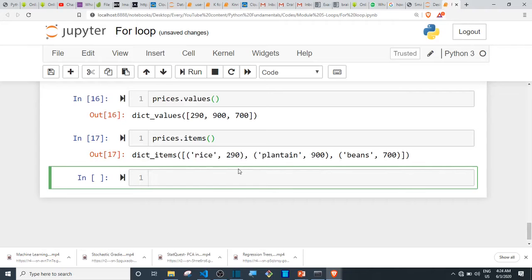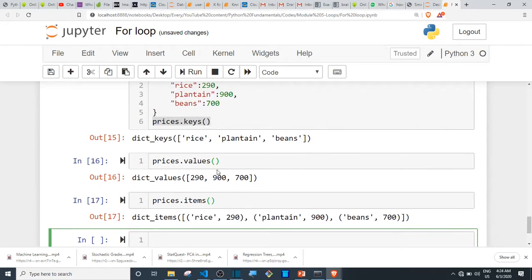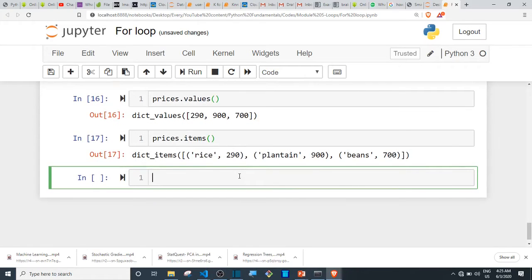So we are going to utilize all of this. So the first thing we are going to do, we want to use a for loop to print all the items we have in stock. So you say, okay, we have rice, plantain, beans, etc. So that's what we have. Okay, that's the first thing we want to do. Let's do that first. So if I want to do that, what I have to do is to say